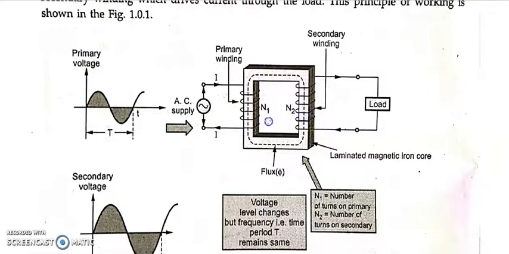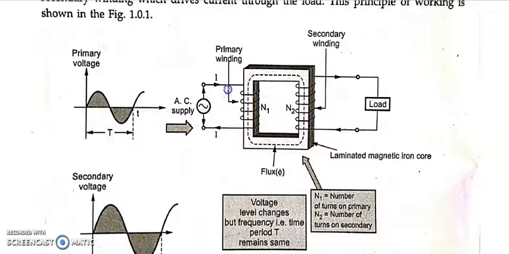And now let us see the working principle of transformers. First of all, you need to remember that a transformer works only on AC supply and not DC supply. So when I give AC supply to the primary winding, what happens? As we know AC is sinusoidal, so if the voltage varies, the current also varies. If the voltage and current vary, then the flux also varies continuously.